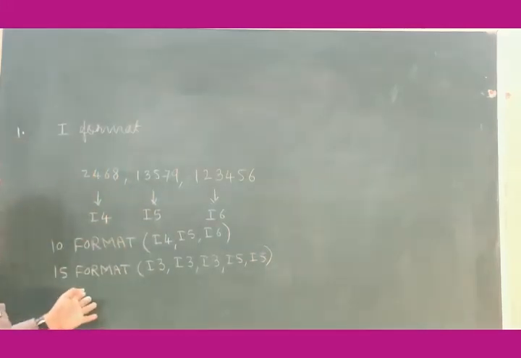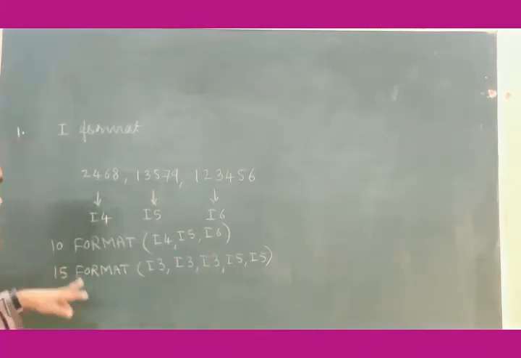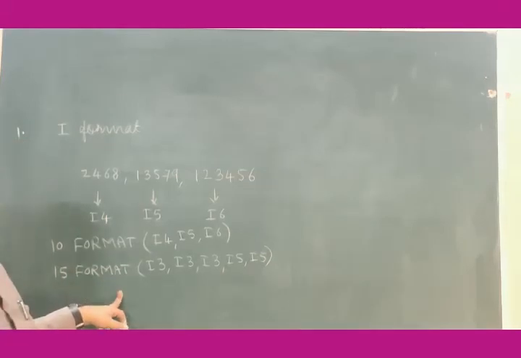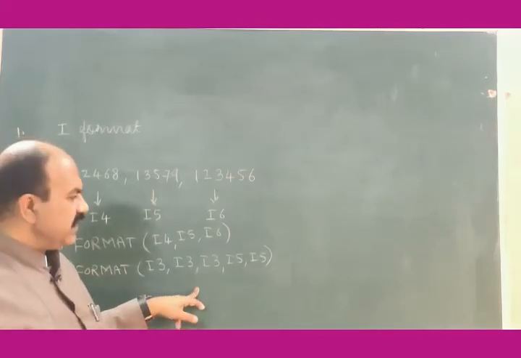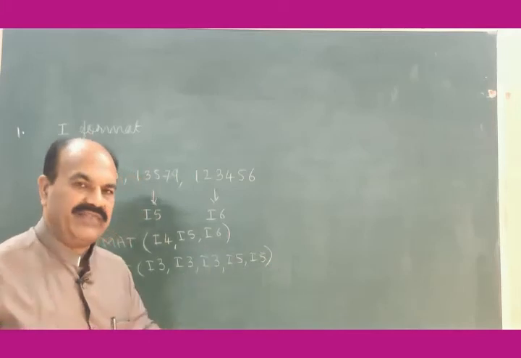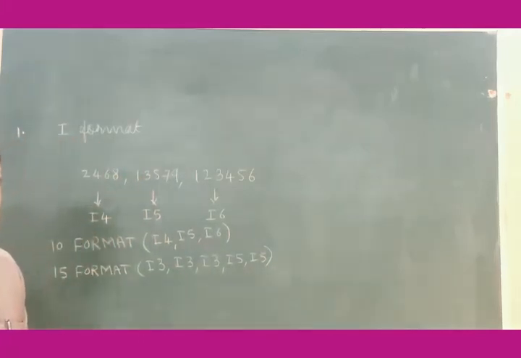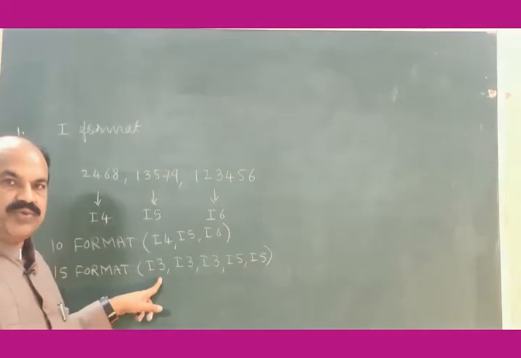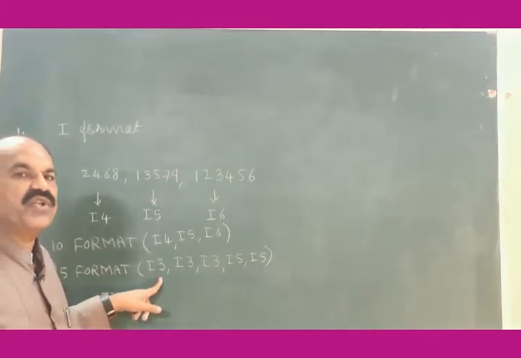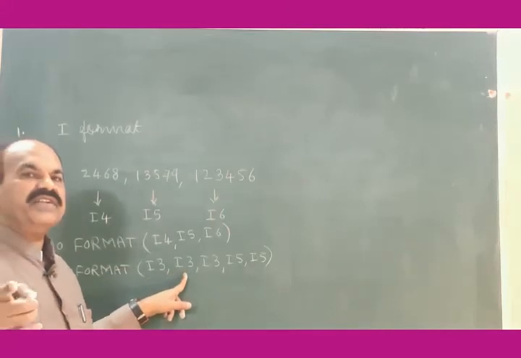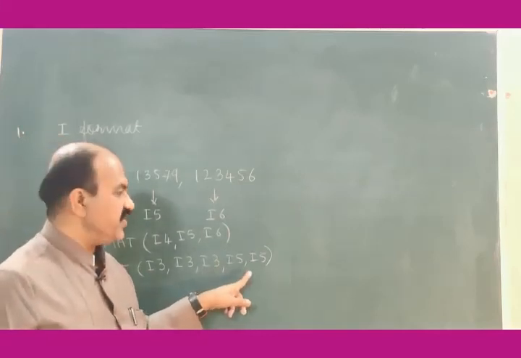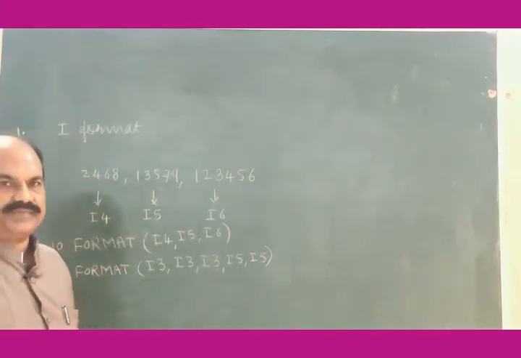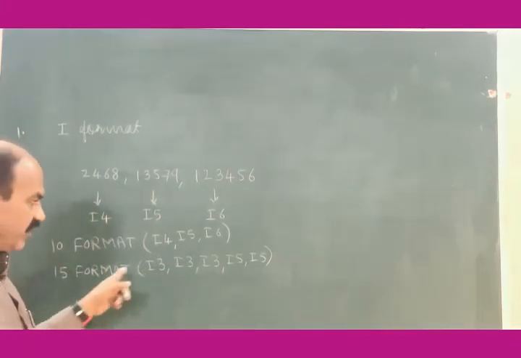Let us suppose that in some Fortran program you come across this format statement, statement number, the statement, and the format specifiers are I3, I3, I3, I5, I5. What is the meaning of this? First input data a 3 digits long integer, second a 3 digits long integer, a 3 digits long integer, a 5 digits long integer, a 5 digits long integer. This is one way. Another way of writing this is